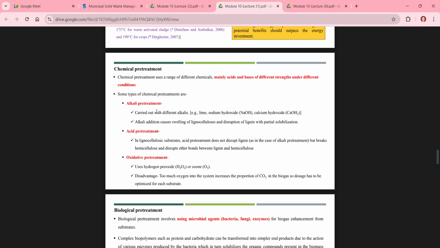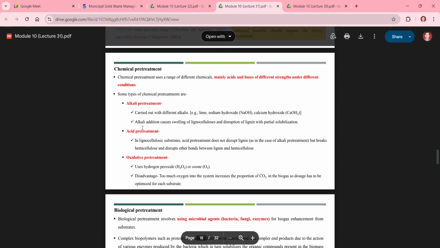So with the help of alkali treatment, what we are doing, we are trying to accelerate the hydrolysis process of the lignocellulosic biomass. Okay, so it will take much lower time during the anaerobic digestion process for the hydrolysis step. And we know that the hydrolysis step is the rate limiting step during the anaerobic digestion process. So if we are going with the alkali pre-treatment process before anaerobic digestion, that will result in lower time in the AD process for hydrolysis, and it will increase the efficiency of the anaerobic digestion